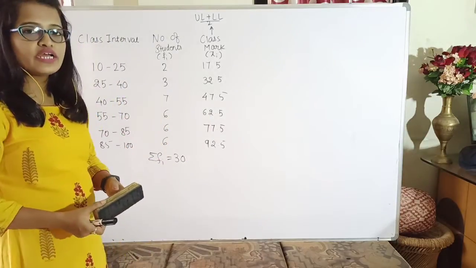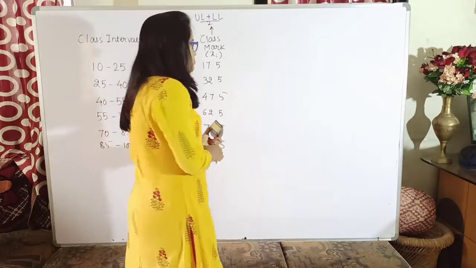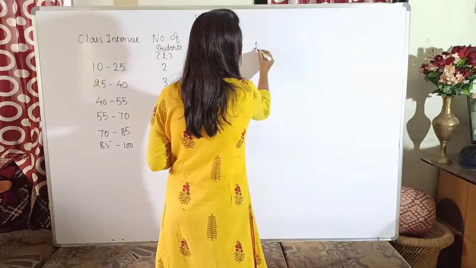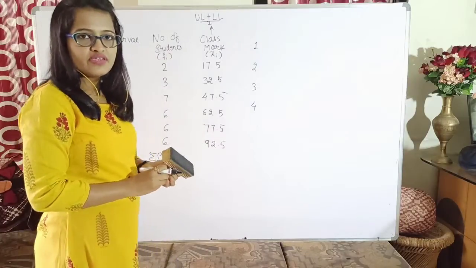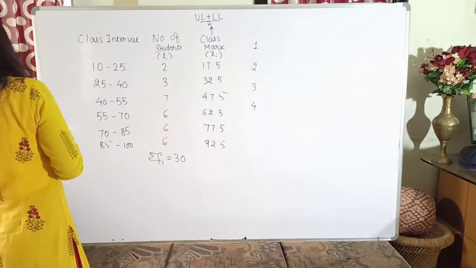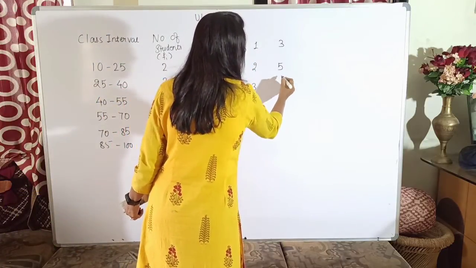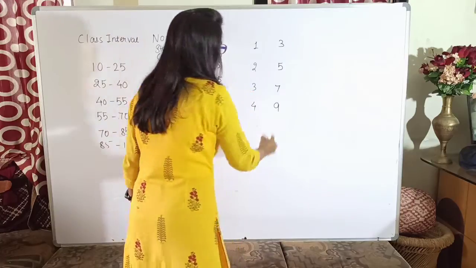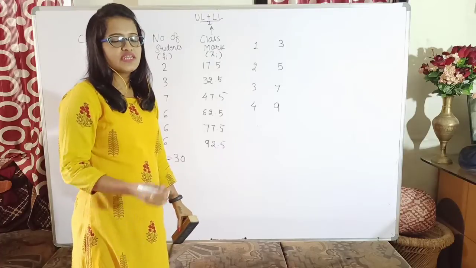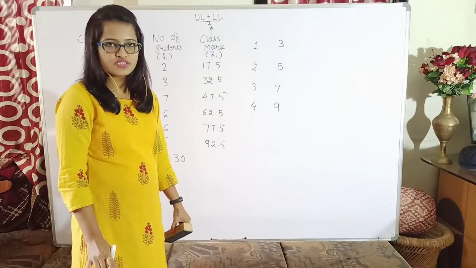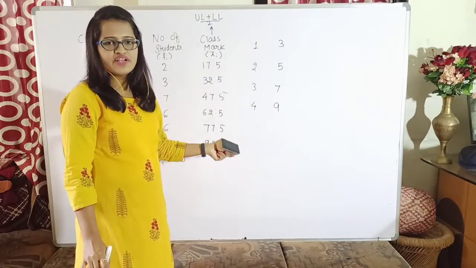So before proceeding to that method, let us first see what exactly we are going to do. Suppose there are 4 students and everybody is having some chocolates with them. The first student is having 3, the second one is having 5, the third one is having 7, and the fourth one is having 9. Now I have to divide the chocolates in such a way that everybody is getting the same number of chocolates. So logically I will add all the chocolates and divide by the number of students.